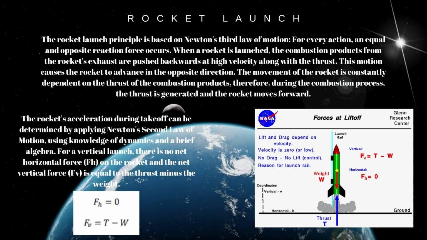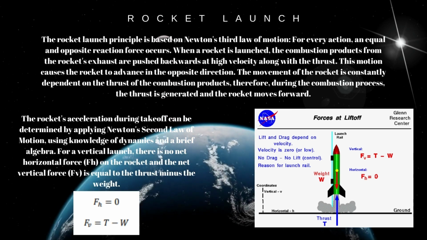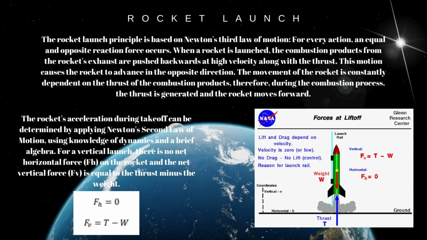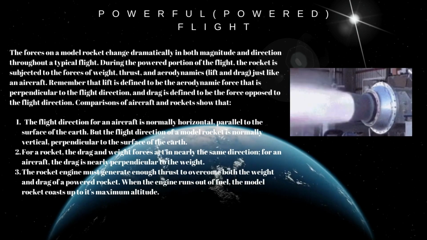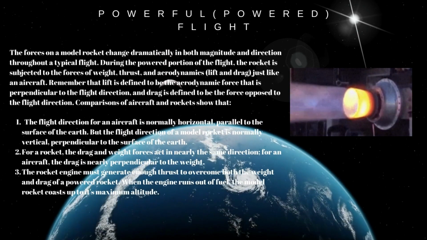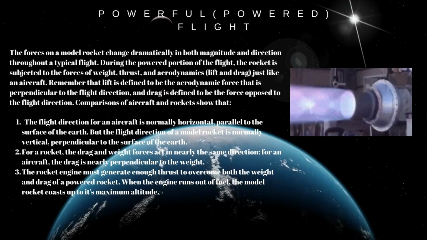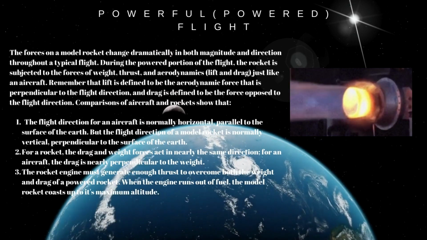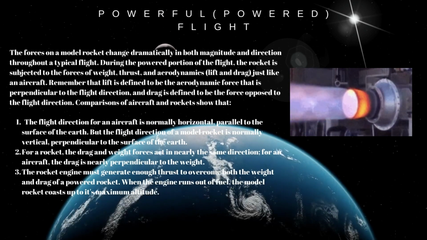You can see the formulas used below. Also in the photo on the right side, you can see the forces acting on the rocket and the direction of these forces. The forces on a model rocket change dramatically in both magnitude and direction throughout a typical flight. During the powered portion of the flight, the rocket is subjected to the forces of weight, thrust, and aerodynamics,